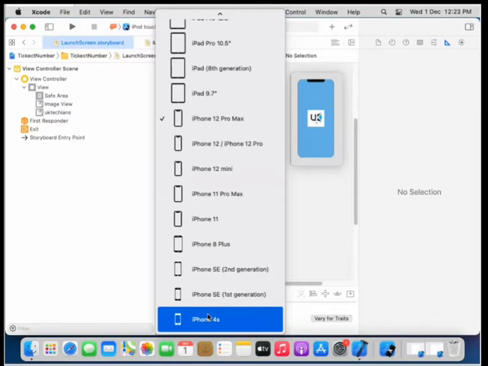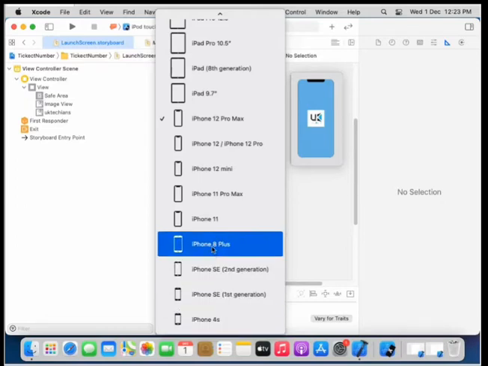This is why they group the iPhone 4s with the sizes and the ratio. And if we see iPhone 8 Plus, it doesn't show the iPhone 7 Plus or 6 Plus because their size is the same as the 8 Plus.